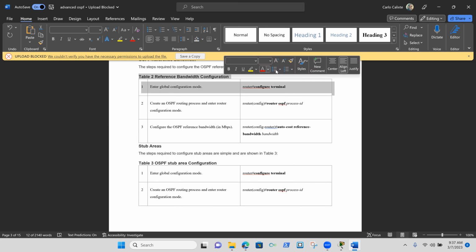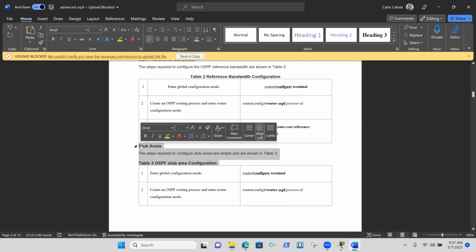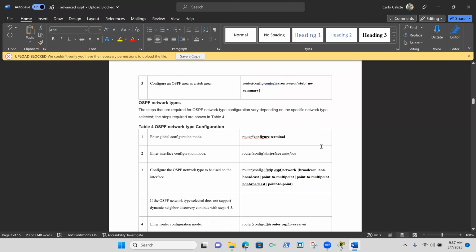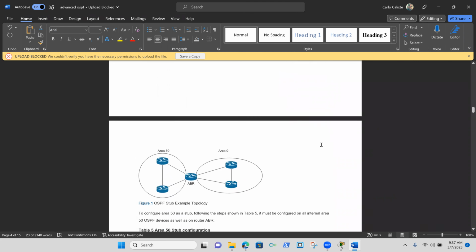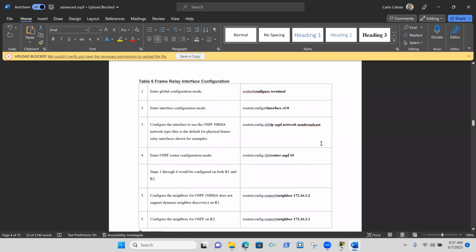configure OSPF if you're having trouble to remember OSPF commands. You could always stop into this channel and you'll be finding different commands on how to work with OSPF. So before we end this lecture today, let's take a look at this down here before we